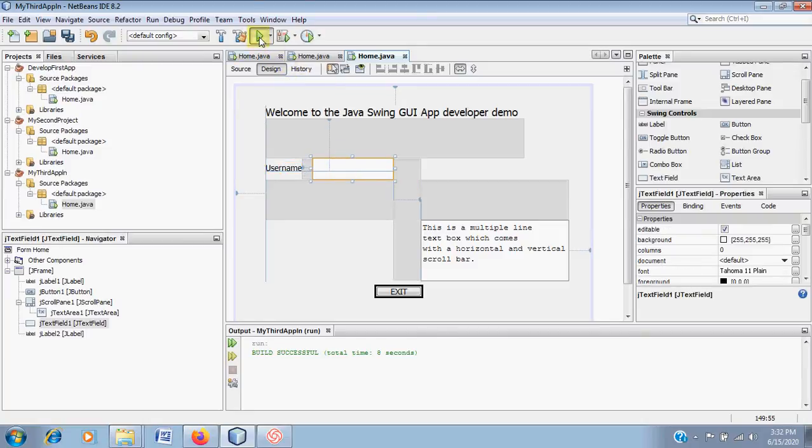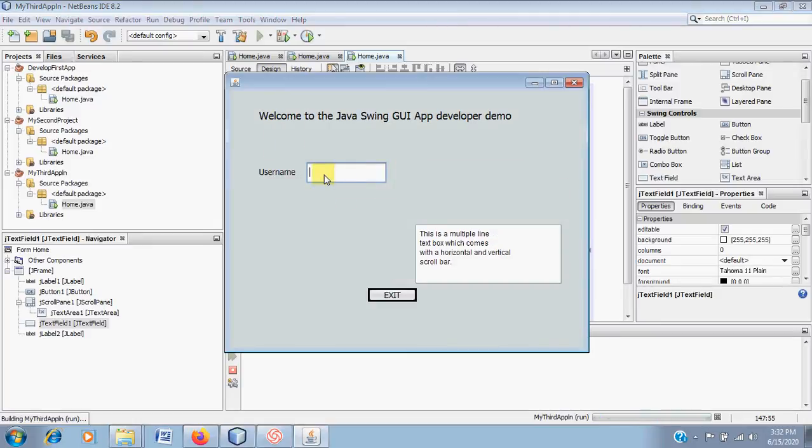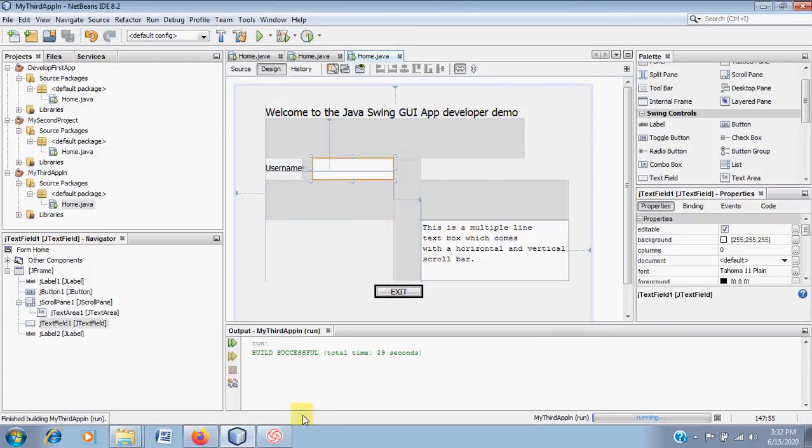So again, when I run it here, yeah, here I can type the name, I can exit this application, I can add more text to the text box, and I can only view the label. Username is a label, this is also a label, which will not allow us to do any editing on this, but the text field and the text area will allow me to do something, and buttons are mainly used for putting some action into it. So exit application. So I hope you have understood.